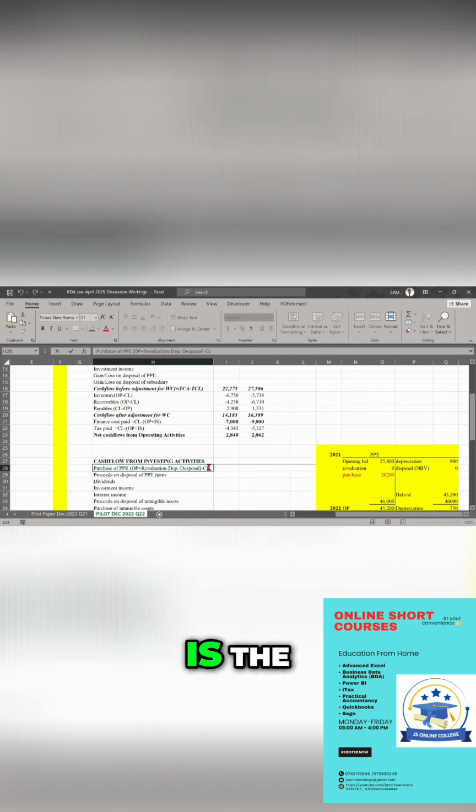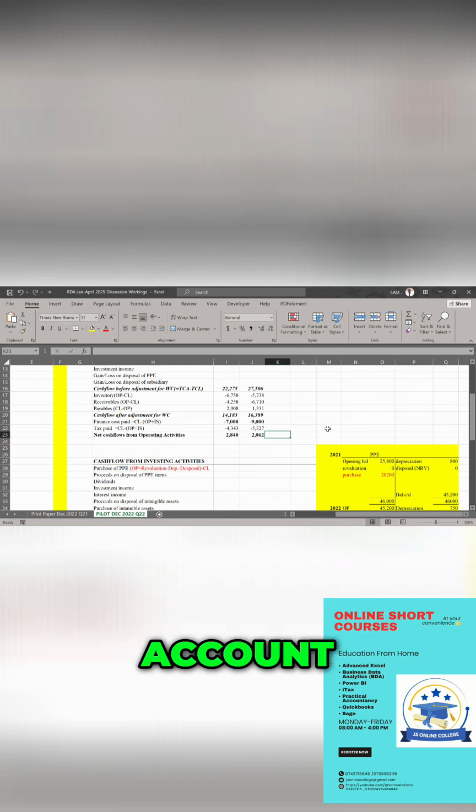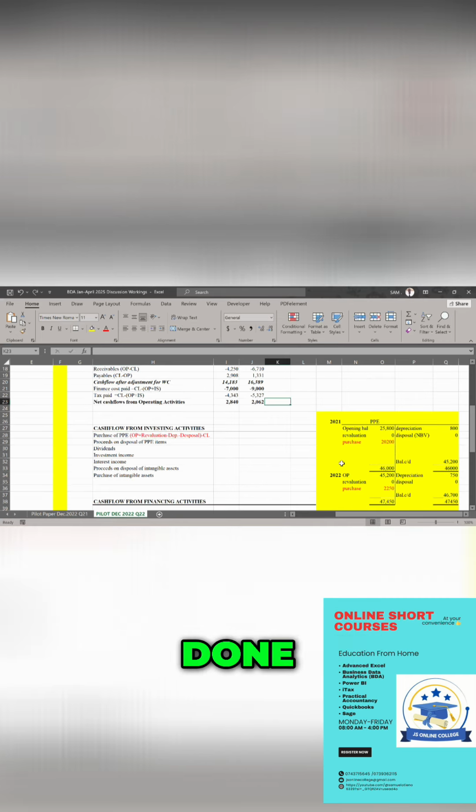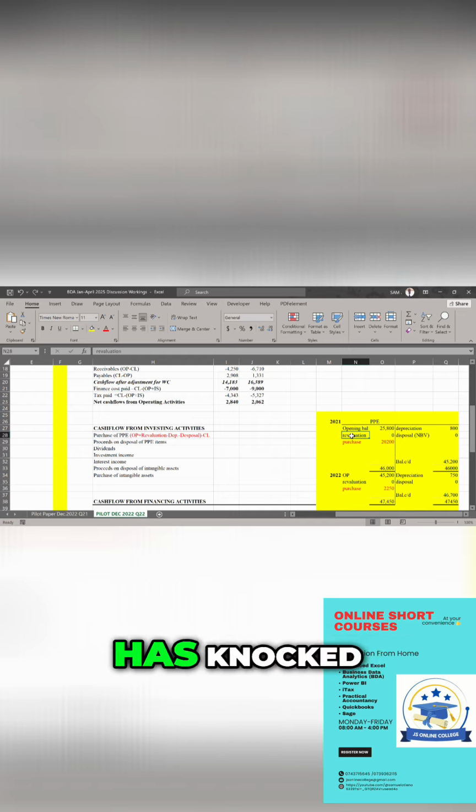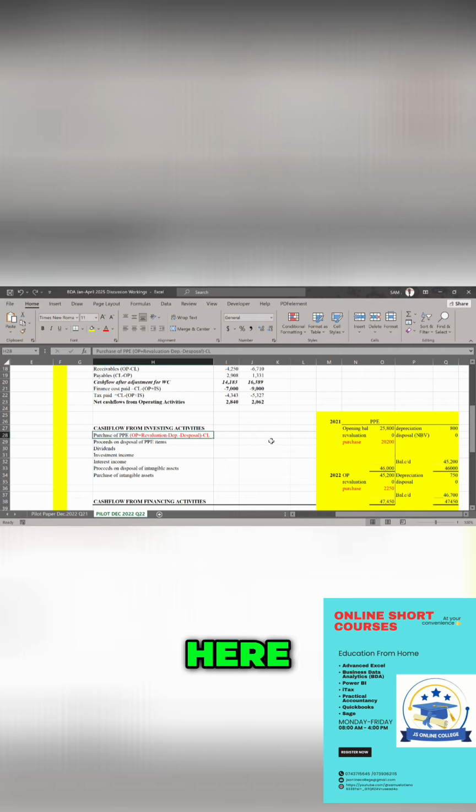So this is the approach that is the summary of what the T account has done here. T account has taken the opening balance, has added revaluation, has knocked off depreciation, has also knocked off disposal, and has compared that with the closing balance. That is what I've summarized here. This approach